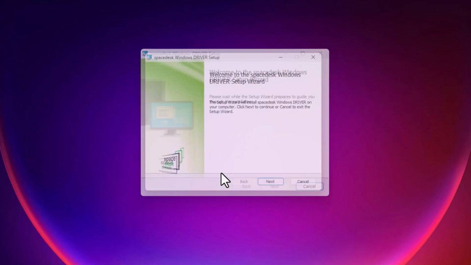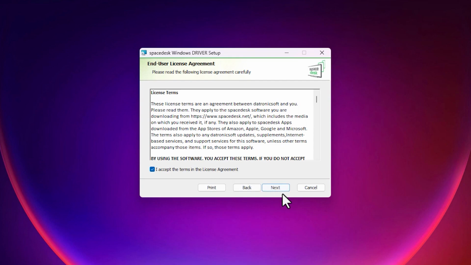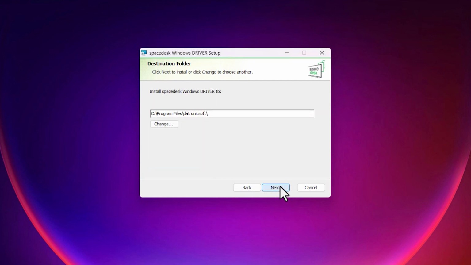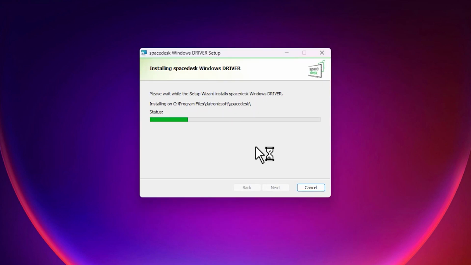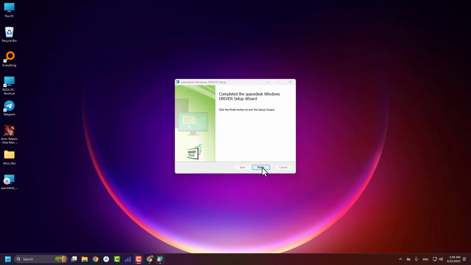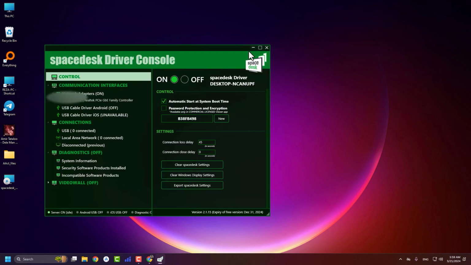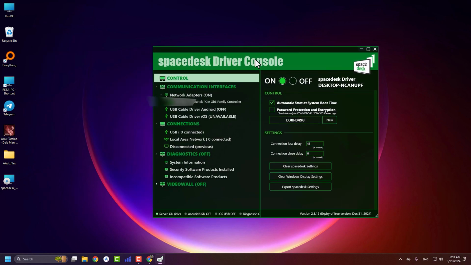I double click on it, hit next, accept the agreements, and press install. Okay, I press finish. I open the application. So our server is ready. We successfully installed the server app on our main computer, which we want to share the screen from to the other devices. Done. For the next step, we need to install the client apps on the devices that are going to